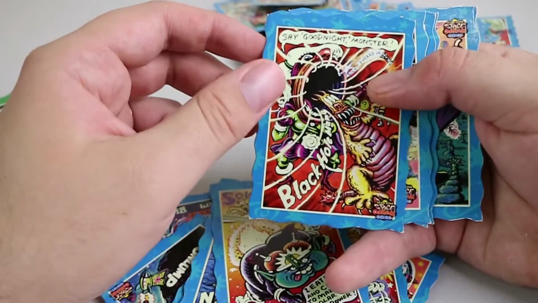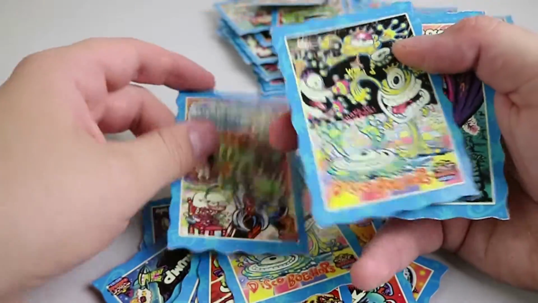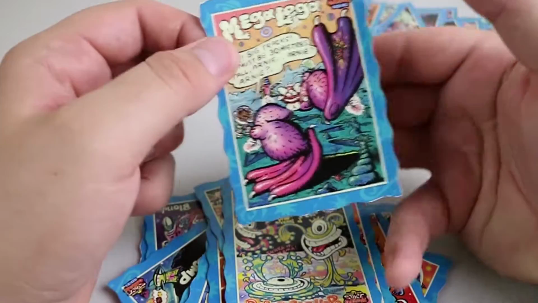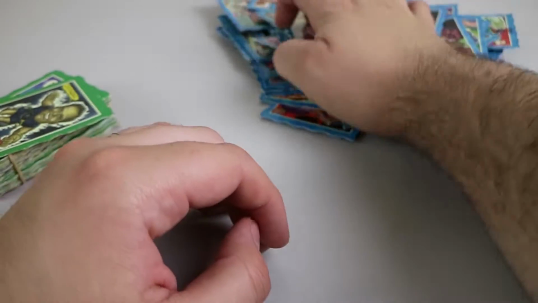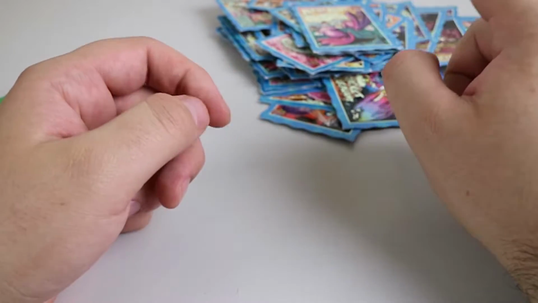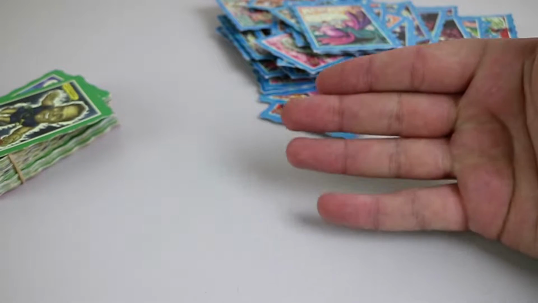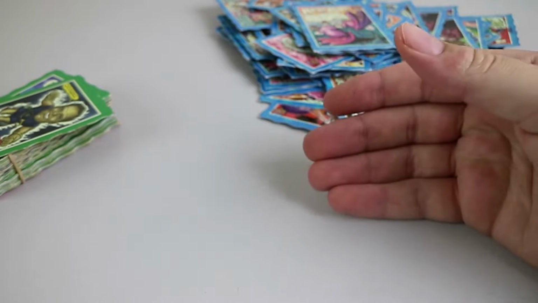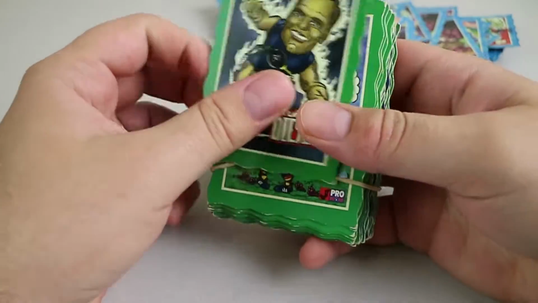Solar Wind Kid. Black Hole Mama. Disco Bog Hops. Space Project. Bog Hops. And Mega Legger. So, that definitely was a blast from the past. I wish I had a checklist to see how many I was missing. Obviously a lot, because each one of those cards came in a hot version as well. So, kudos to all the people out there that managed to collect them all, including the hots, which I think